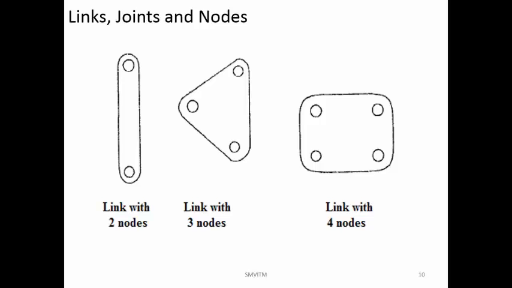So you can have different types of links. You can have links with two nodes, which means you can connect one link here and another link over here. So a link with two nodes can be connected to two other links at two other points. A link with three nodes can be connected to other links at 3 points, 1, 2, and 3. A link with 4 nodes can be connected to other links at 4 different points. So links are actually rigid members. Their shape may not be like this; they can be of any shape. The number of points at which you can connect the link is called the number of nodes present in the link. Now using links, what are the mechanisms that are possible?